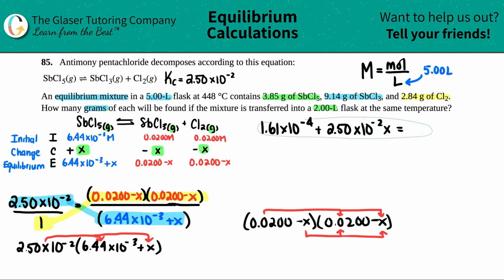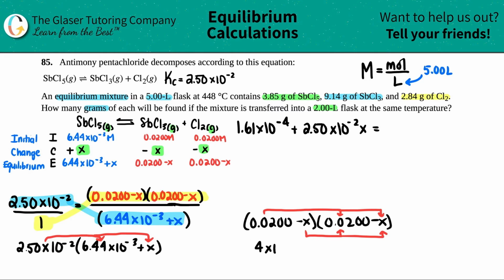So 0.02 times 0.02 is 4 times 10 to the negative 4th, minus 0.02x minus 0.02x plus x squared,